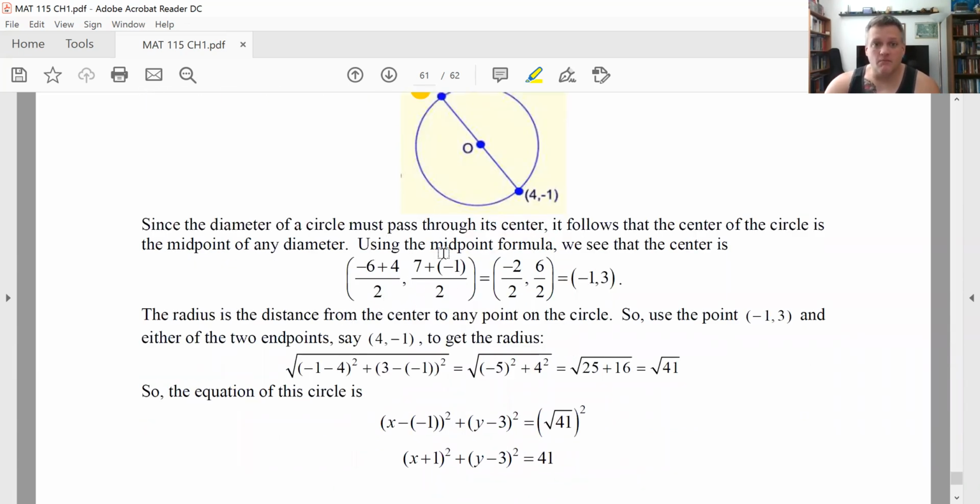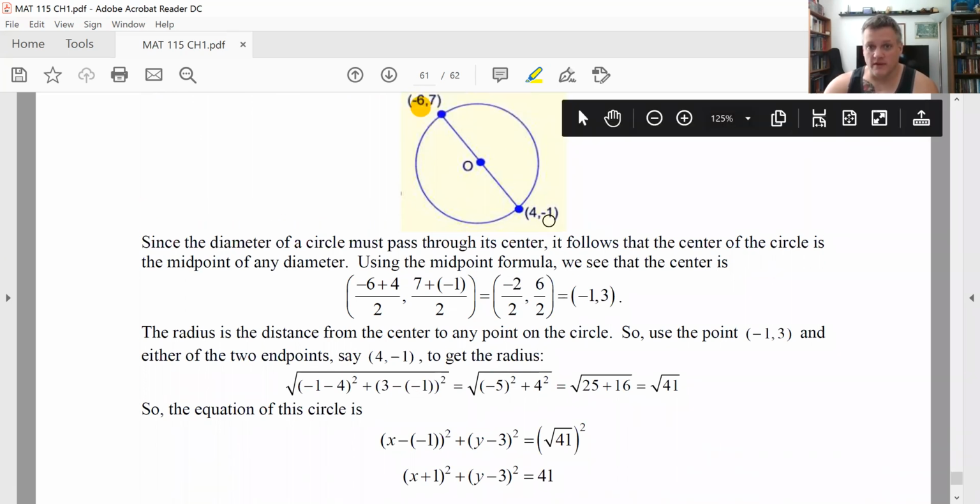I have the midpoint formula here. Add the x's, divide by 2, add the y's, divide by 2, simplify to get that. And then for the distance formula, I'm going to subtract the x values. Or I guess instead of what I did here, you could do this one of 2 ways. What I could have done, what I was talking about doing, is finding the length of the whole diameter and taking half of it. But technically, if you have the center, you can get the radius directly by using the